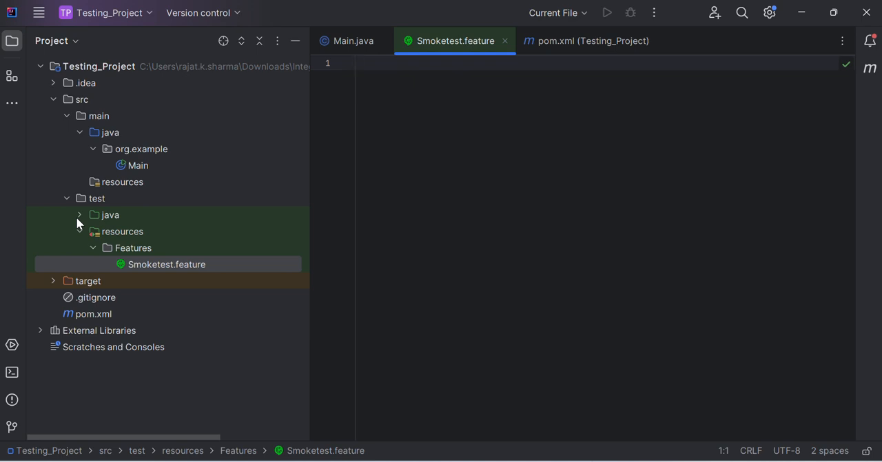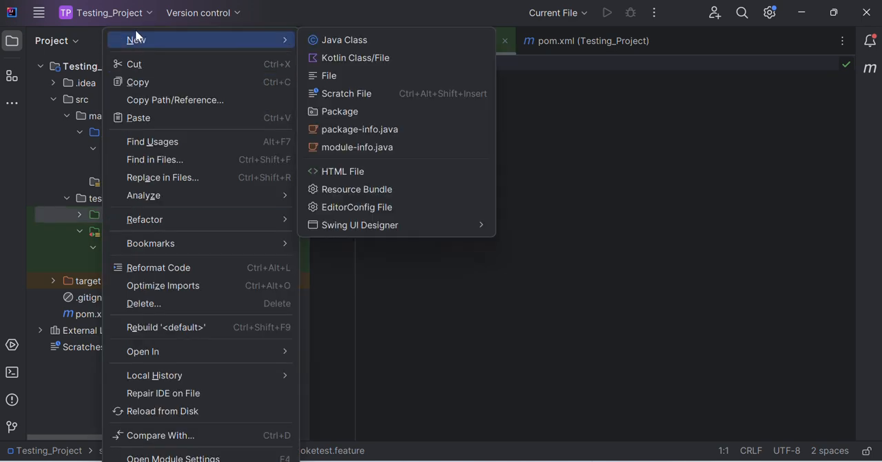class, and the second one we have is a step definition. So both are folders. So first we will create the folder. Let's say go to here, new,